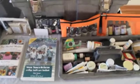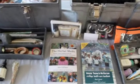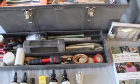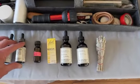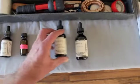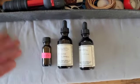Some people might think that herbal first aid can only be used to treat minor illnesses and minor little things, and that's absolutely true. But as your knowledge base grows, here's an example where one time a person was stung by a bee, and they had a history of being extremely allergic, and they did not have their EpiPen or epinephrine